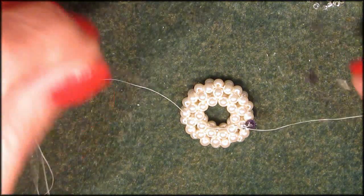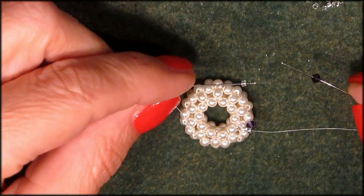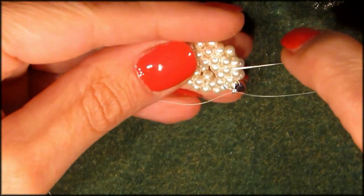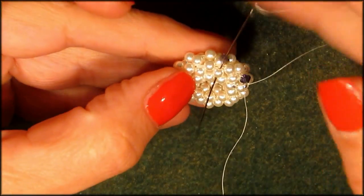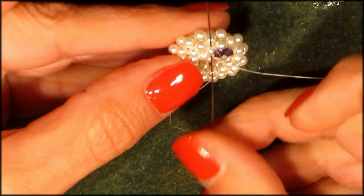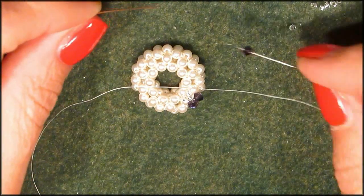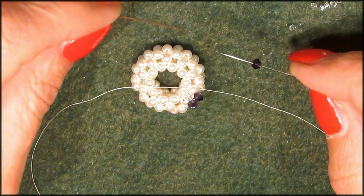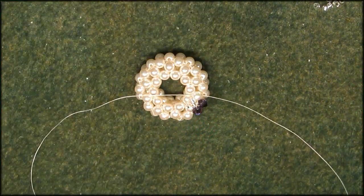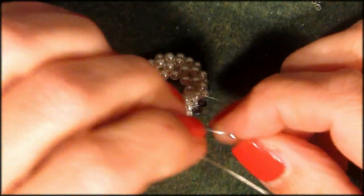Swarovski on the right side, Delica bead 11O on the left side, and I'm going into the pearl that's straight across here. And now you can hardly hear me because I got my needle in my mouth. So I'm crossing in my threads in the next pearl that's straight across it. So that's one 3mm bicone on the right side, one Delica bead 11O on the left side, pull them down, cross in a 15O silver lined seed bead,